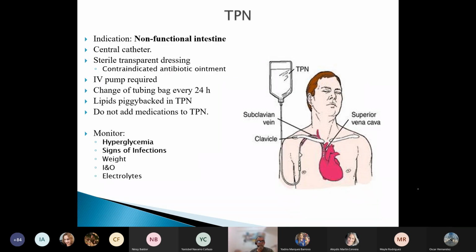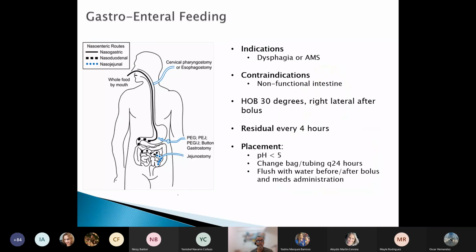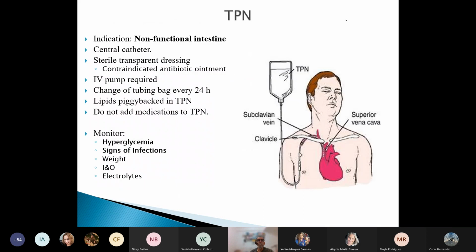Parenteral nutrition is used when there is no possibility of feeding the client, as we explained, in the intestine. The best, safest, and cheapest way of feeding a client that cannot swallow or has diseases is with a tube in the stomach or the jejunum. More frequently in the stomach because it's the most common.